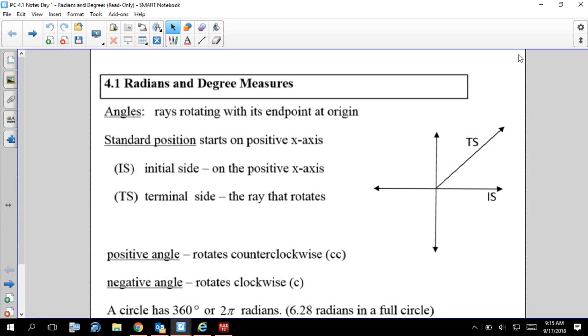Okay, so we are talking about radians and degrees today. Everything we can shove into 50 minutes, right? Okay. We're going to be using the